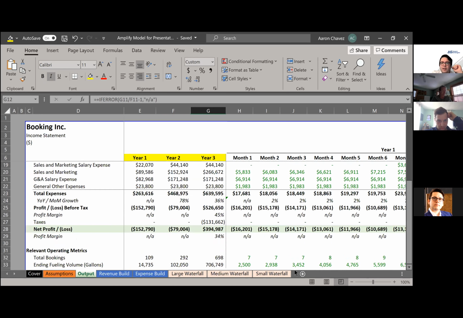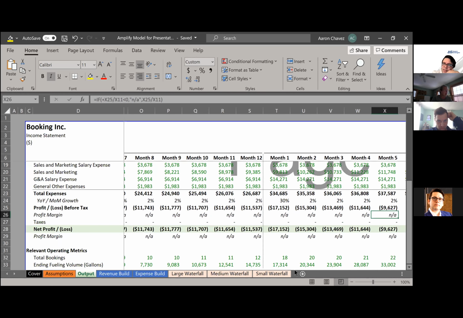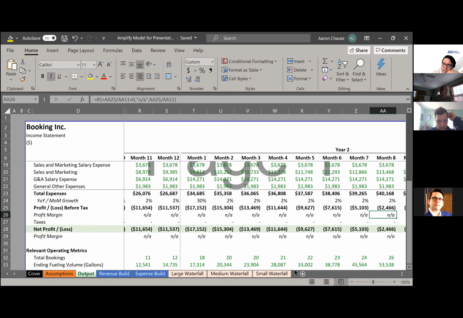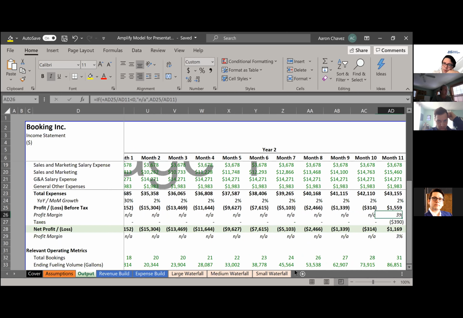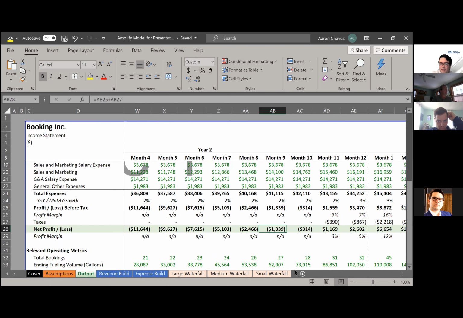You're scrolling down here and you're seeing, okay, year 3 is the first year you're paying taxes. So that means that's the first year you're profitable. I wonder when you started being profitable. Let's go find out. Okay, month 11 of year 2 is the first year we pay taxes. It's the first year where we have a net profit. But because of all these losses, we still lost money that year. So we still have a capital need. But going into year 3,